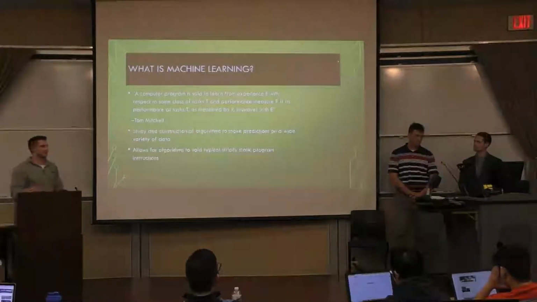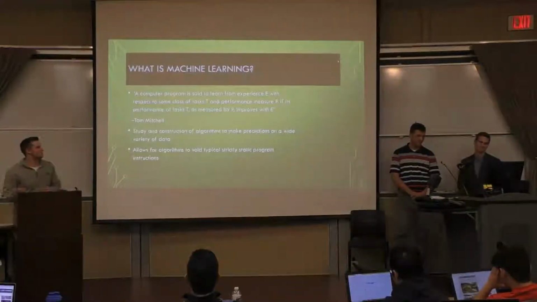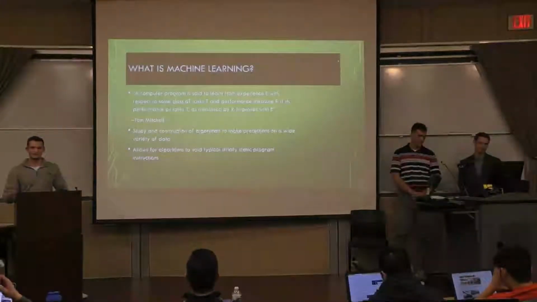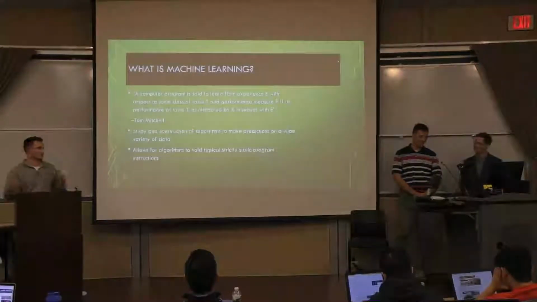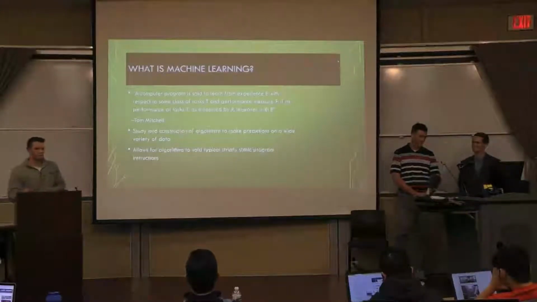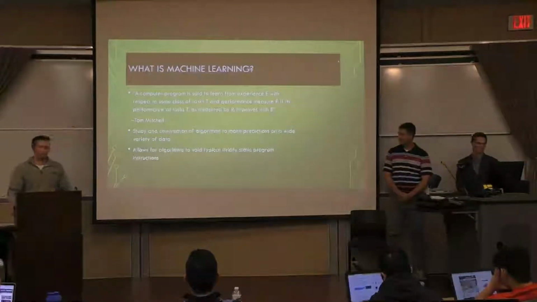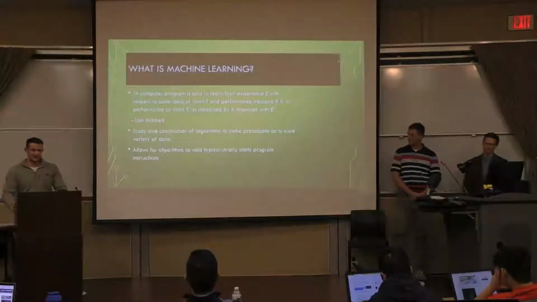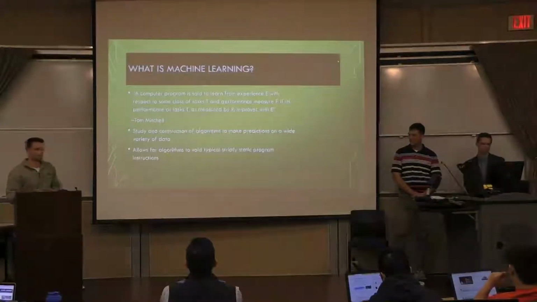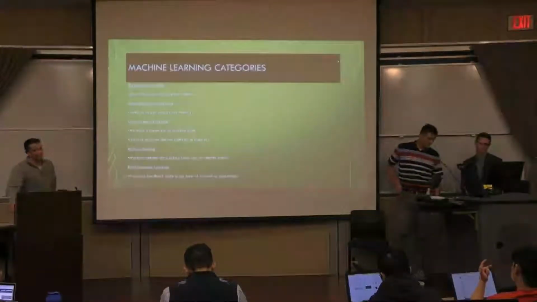A widely accepted definition of machine learning is given by Tom Mitchell, an American computer scientist. It gets a little confusing, but basically the moral of the story is that a computer with more experience, E, improves at a task as measured by P. So it gets better at the task the more experience it has. In layman's terms, it's the study and construction of algorithms to make predictions on a wide variety of data. This allows computers and machines to go against strictly static programs that are more commonly programmed into computers.